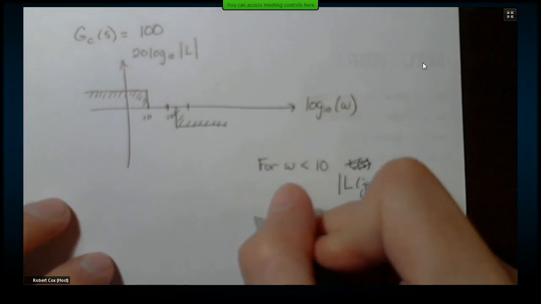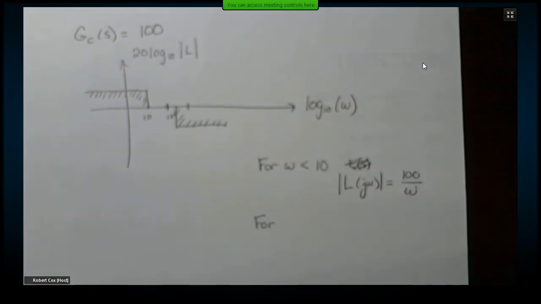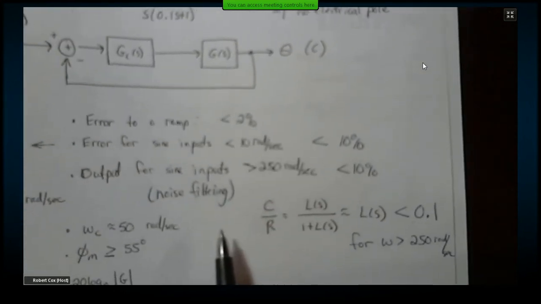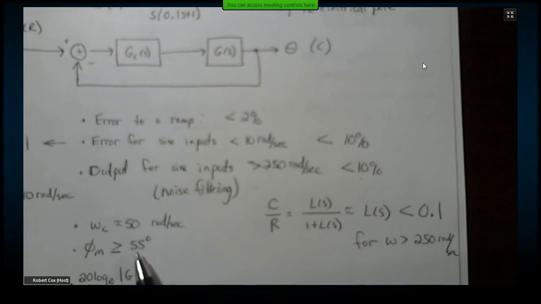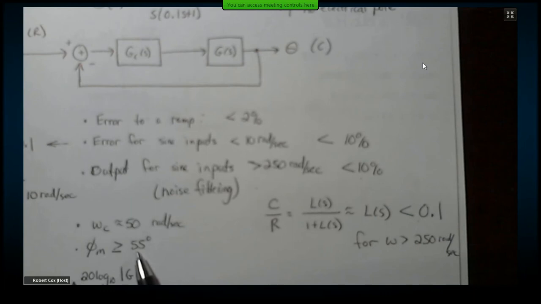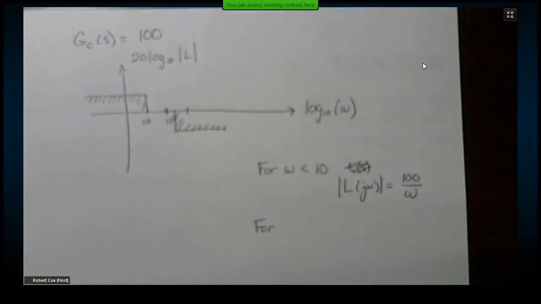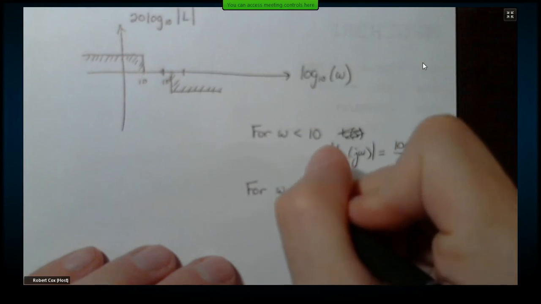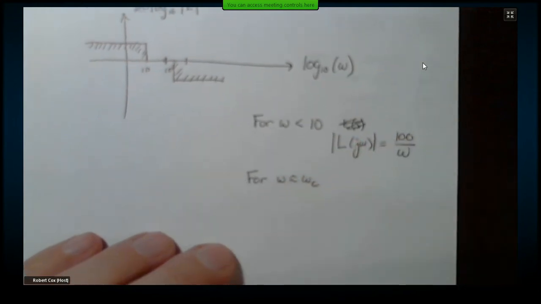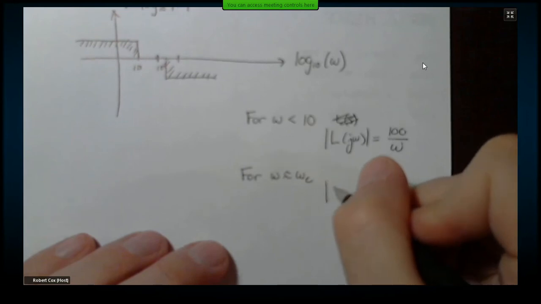I also know that from my crossover spec, in order to be able to cross over at 50 radians per second with that much phase margin, I must be falling at minus 20 dB per decade. In other words, the transfer function must act like a single pole at crossover in order to get that much phase margin. That means that for omega around omega C, I need to have